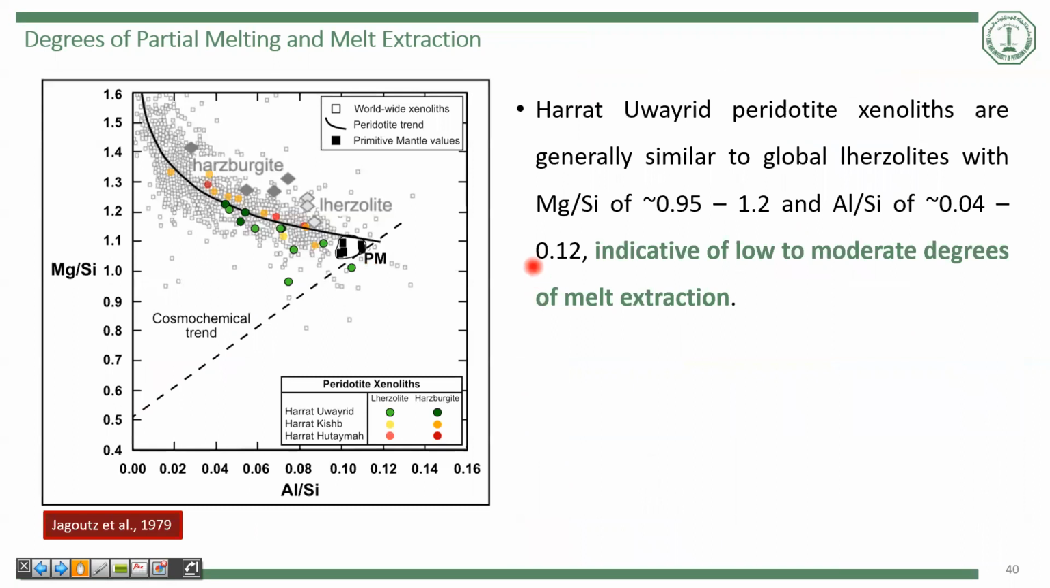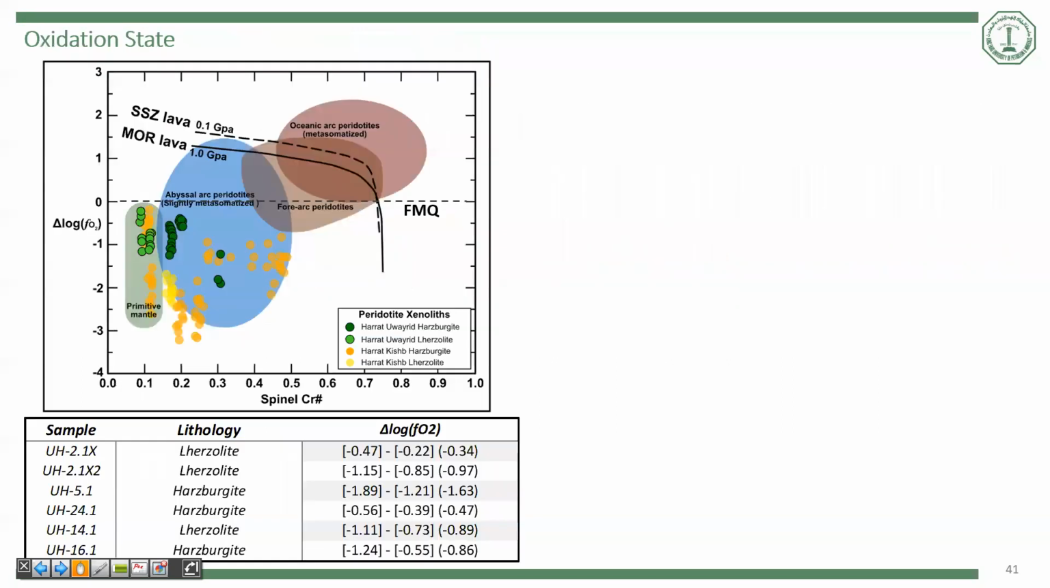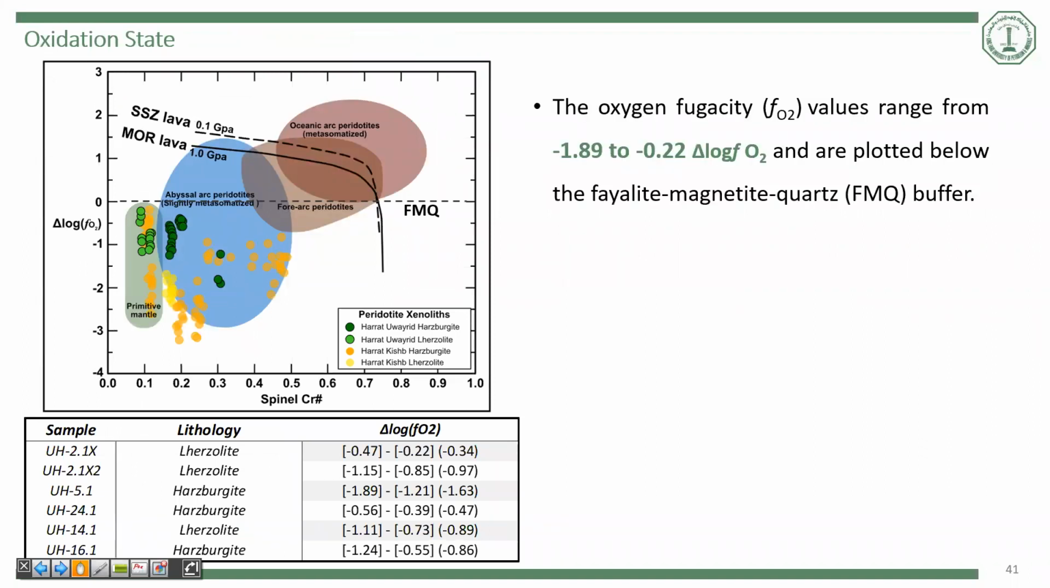Still regarding degrees of partial melting, here are the peridotites of Harrat Uwayrid plotted on a global peridotite trend, and here we see the primitive mantle values, which are the highest degrees of partial melting. We see that partial melting of the Harrat Uwayrid is categorized as low to moderate degrees of melt extraction or partial melting. We also calculated the oxidation state of the peridotite, and oxygen fugacity values range from minus 1.89 to